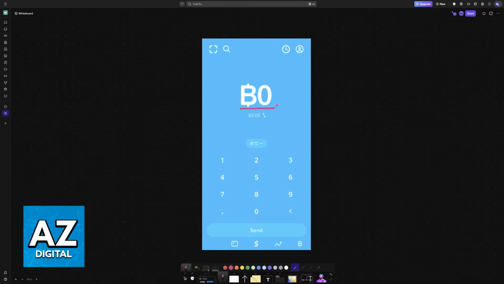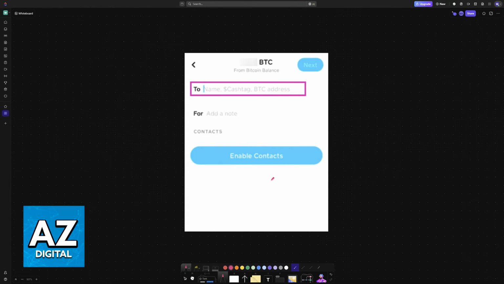If you already have an amount in Bitcoin, then all that you have to do is type out how much you want to send to someone using the numpad, just like you would if you are trying to send someone US dollars. And by tapping the send option here after you input the amount, you will be able to choose who you are sending it to. So you can either use a name, a cash tag if they are registered within Cash App, of course, or a Bitcoin address from an external wallet, for example, Binance, Coinbase, and so on. You can add a note here, and you can even choose from your contacts.